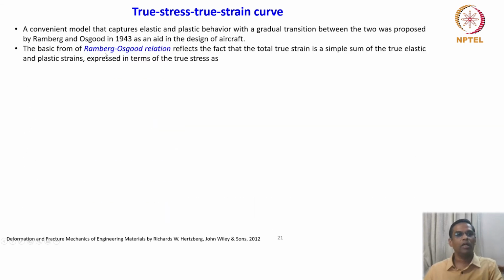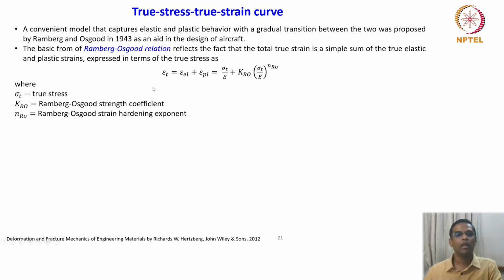The basic form of the Ramberg-Osgood relation reflects the fact that the total true strain is a simple sum of true elastic and plastic strains expressed in terms of true stress, as epsilon T is equal to epsilon elastic plus epsilon plastic, which can be written as sigma T, that is true stress, divided by E. Don't confuse this with the sigma T. This sigma T means true stress, plus K RO times (sigma T by E) to the power n RO, where sigma T is true stress, K RO is the Ramberg-Osgood strength coefficient, n RO is the Ramberg-Osgood strain